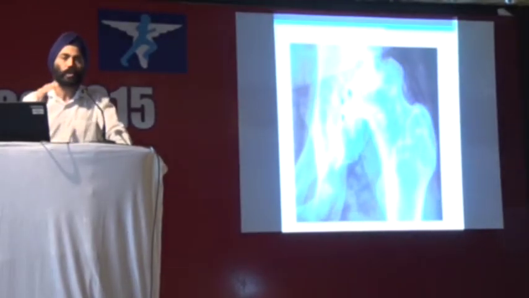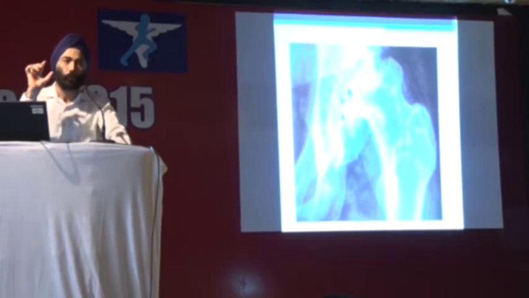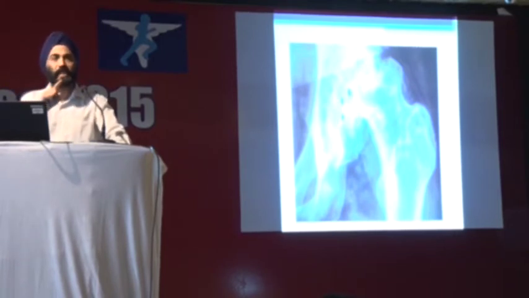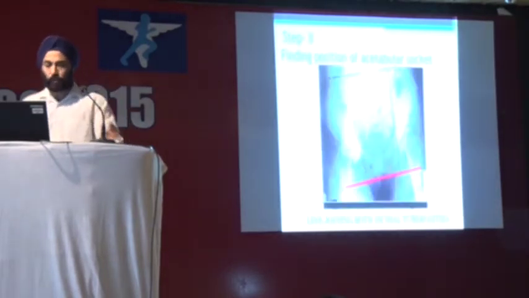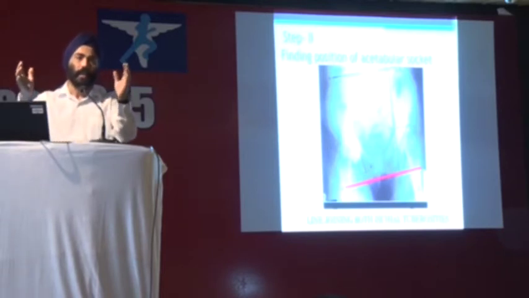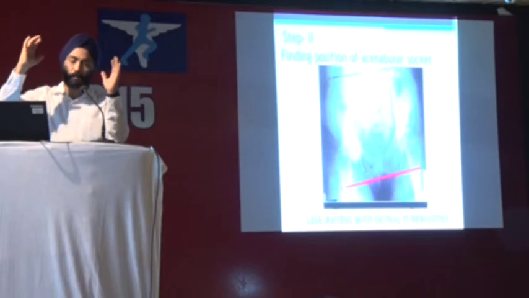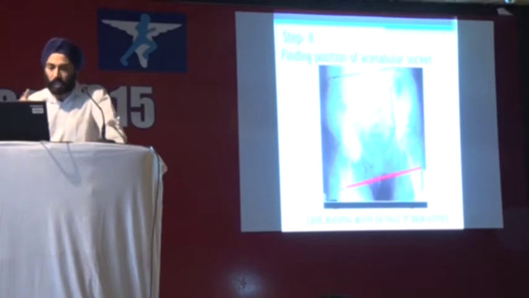Now I'm just going to show you a couple of slides and simple steps on how to make certain lines on an X-ray and identify where your acetabulum is going to fall. And you can reproduce all of these steps in theatre to put your acetabulum in the right position. So whenever you see an X-ray of a deformed hip, understand that the hip is arthritic and the pelvis is tilted. And when the pelvis is tilted, you have to draw certain standard lines which will help you in identifying the hip rotation. So the first line which you are going to draw is basically to join both the ischial tuberosities.